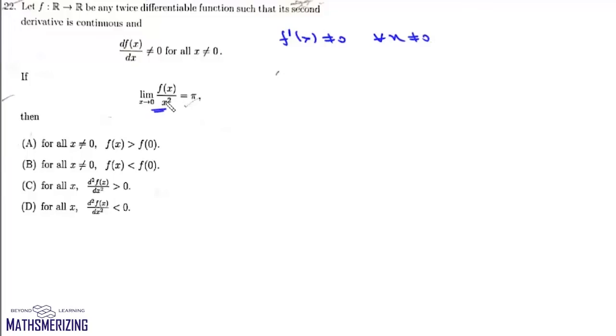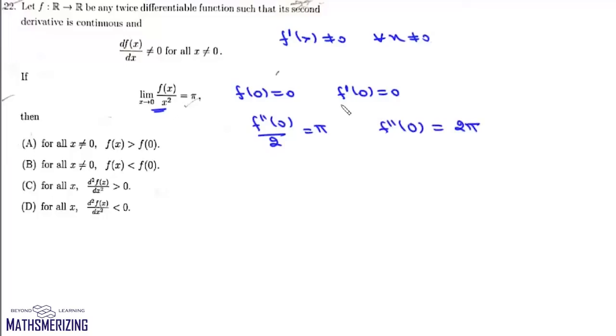I think that was a 2010 or 2011 paper, where we have proved that the value of f(0) will be 0 and f'(0) will also be 0. Now if it is 0 upon 0 form, then we can write f''(0)/2 will be equal to pi, that is f''(0) will be simply 2 pi. Now since f'(0) is 0, that means x equal to 0 is a critical point, and f''(0) is greater than 0, that means this x equal to 0 is a point of